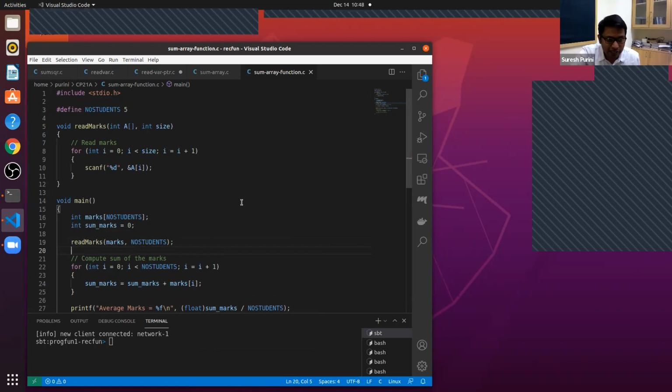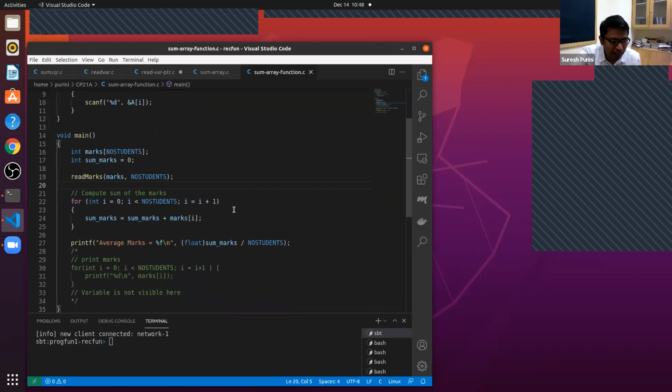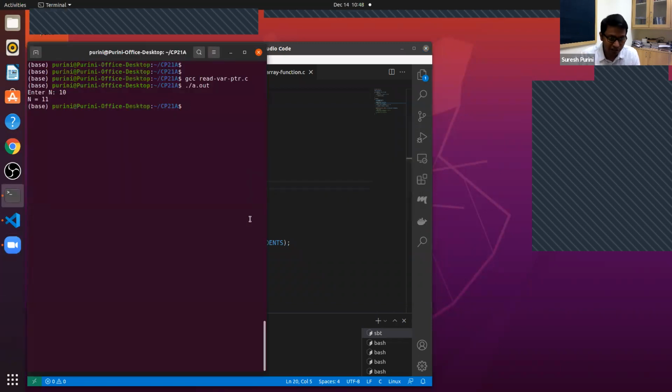So we are passing the address here. Then we compute the sum of marks, and finally we print the average marks. Let's run this program and see if it runs. sum array function.c. 1, 2, 3, 4, 5.